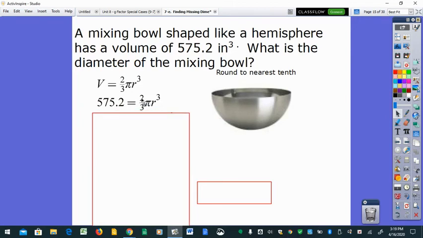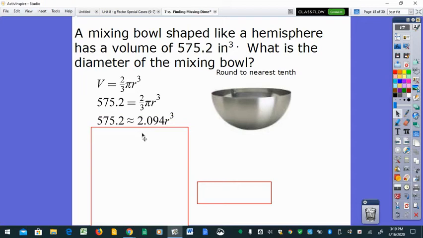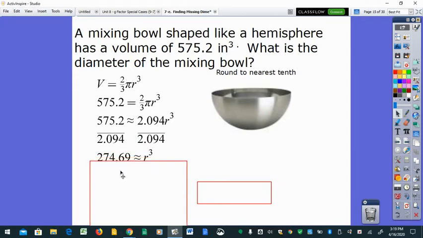Now when you take your calculator and take 2 divided by 3 times pi, you're going to get a different number this time, which is half of the one we just noticed, the 4.189 for the sphere. So this will always show up in a hemisphere problem. Now to get the radius cubed by itself, the opposite of multiplying by 2.094 would be to divide both sides by the 2.094. It's kind of like we're solving a one-step equation with an added step at the end. So I'm going to take the 575.2, divide it by 2.094,